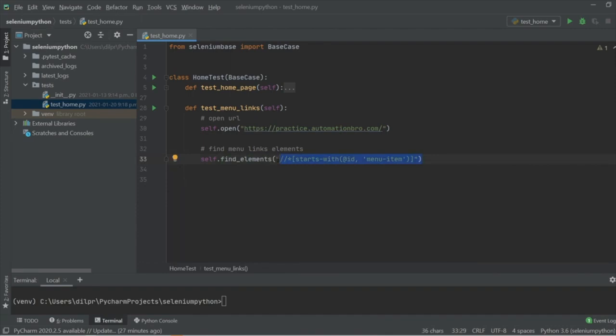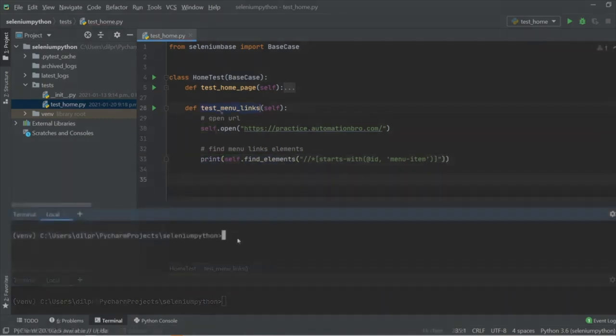Now these elements could be either hidden or visible on the page. It doesn't matter. It will still return them back to us. So to actually test this out, what we can do is print this particular thing and see what comes back. So to print it out, I'm simply going to add print here and then run our